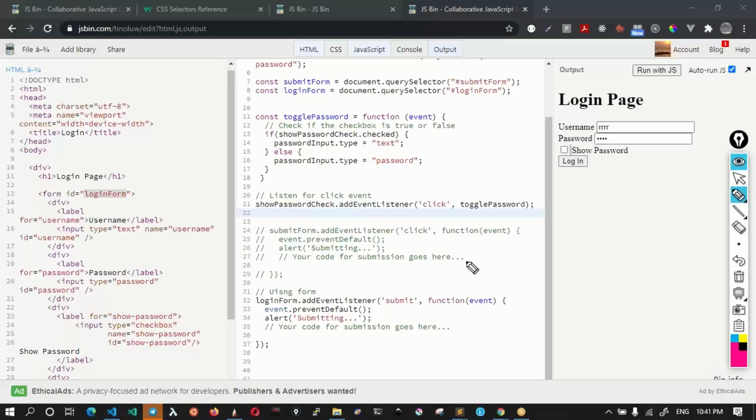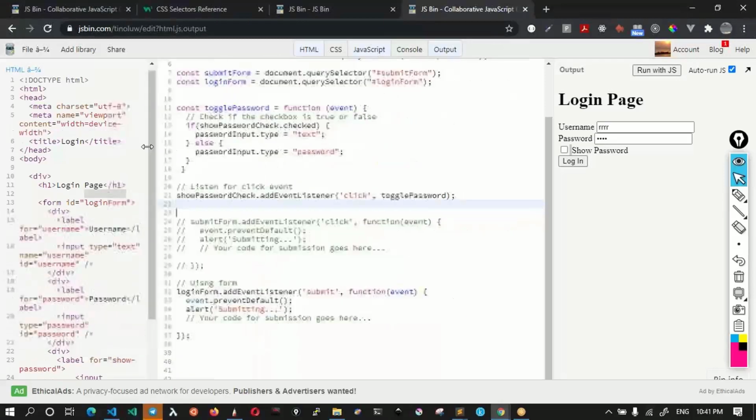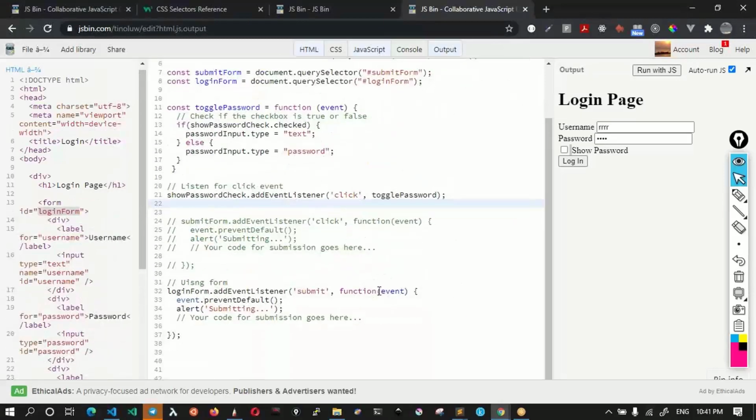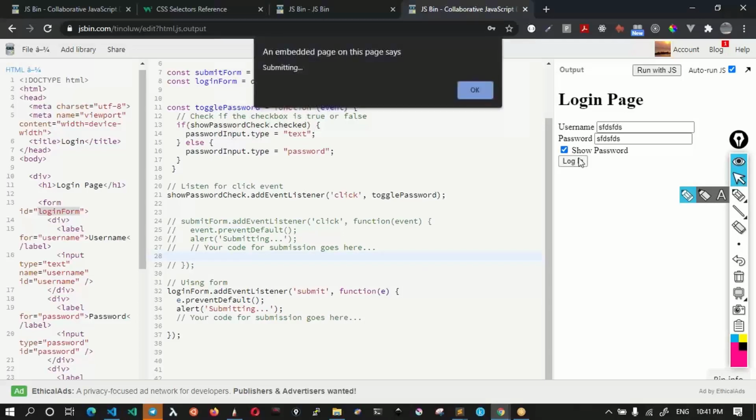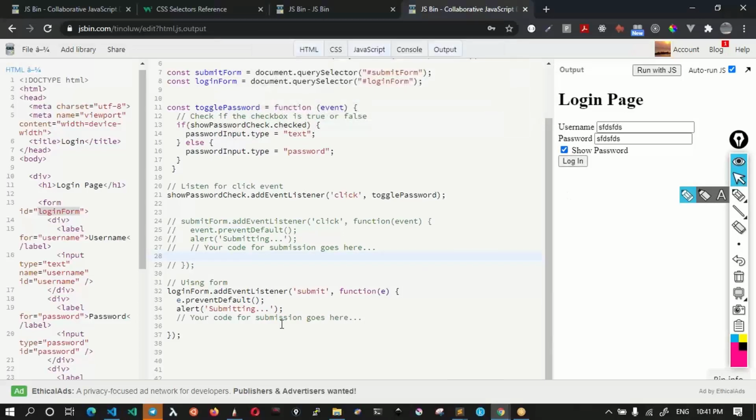Let me do one more thing. Now, if you are a beginner programmer, you might be wondering, what is this event object, here and here? But this can be anything. You can call it event or you can name it anything. I could simply call it E. See, even if I name it E here and then try to make it work, it will still work, because whenever an event happens, the first parameter that is sent is nothing but the event object. Whether you call it event or E, that's up to you.